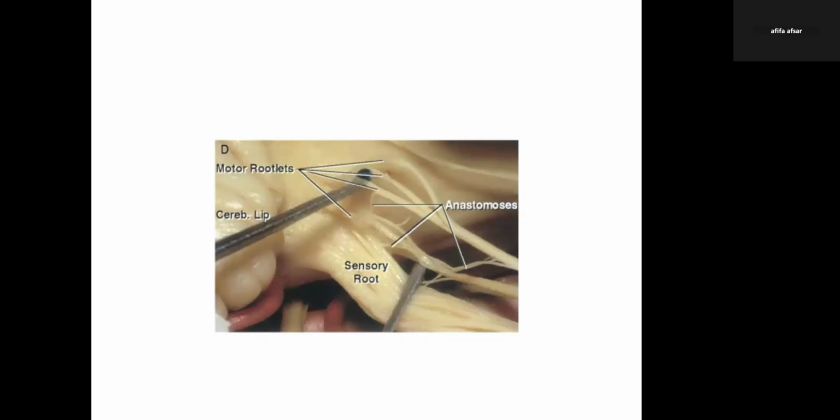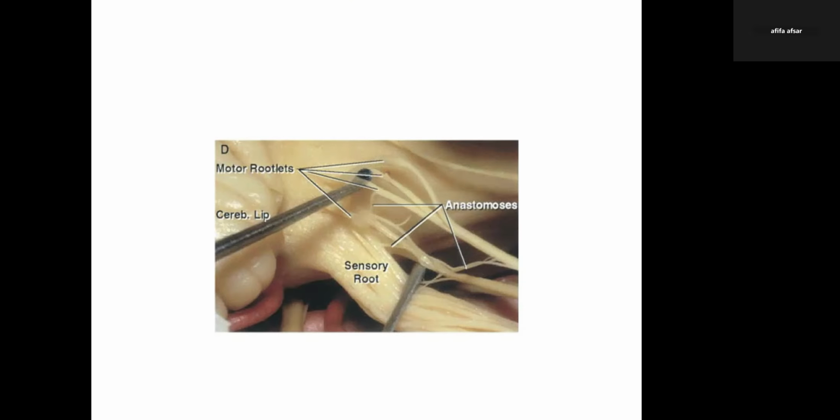We know that the motor nerve roots of cranial nerve 5 usually arise as a group of about 4 to 14 rootlets. They can have separate, individual origins from the brainstem, or they can arise as a couple or a bundle, and then they tend to join further laterally to form the nerve itself. This is the sensory root of the trigeminal nerve, and this is the motor root of the trigeminal nerve. The cerebellar lip usually comes into view once we are approaching this portion from one side, that is, in the retrosigmoid approach.